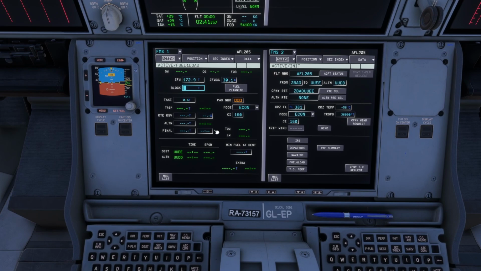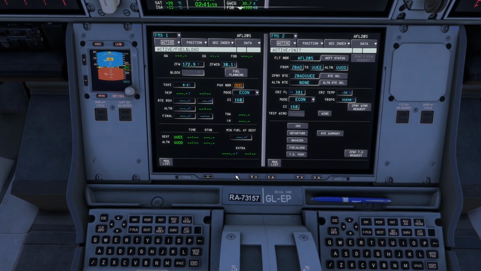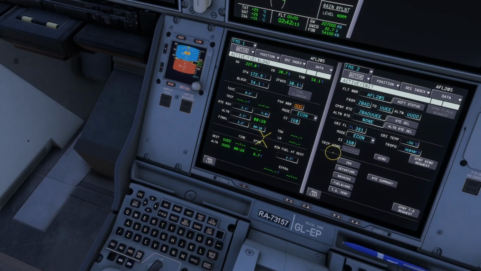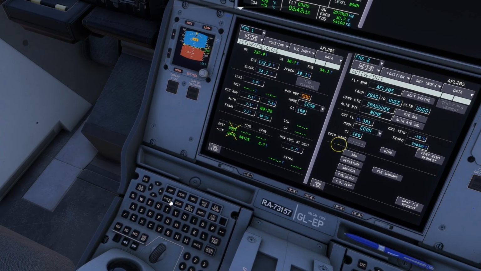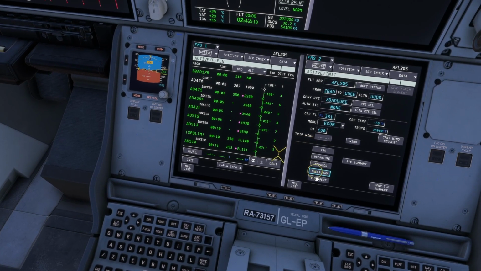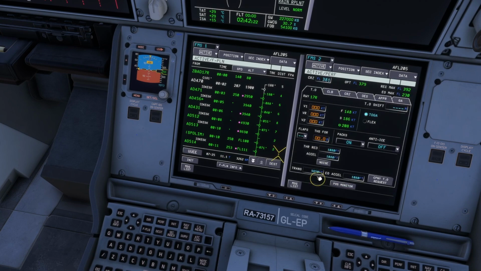Get our weights in. You can hear the Russian announcements already from the cabin. And this is something really weird with the A350. Whenever I click on something or change anything to the flight plan, the frames become non-existent for a short period of time. So the fuel load is already checked.